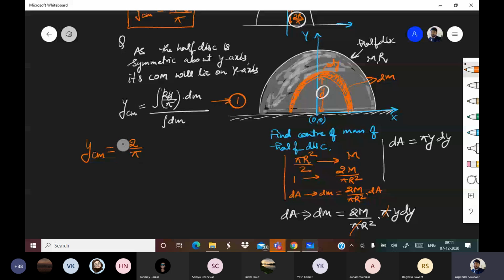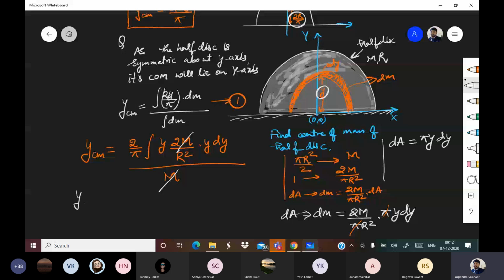So 2 upon pi integration y into dm. dm is 2 capital M upon r square into y dy. And how much is the value of integration dm? We know that it is capital M. So this capital M and this capital M will get cancelled. So YCM